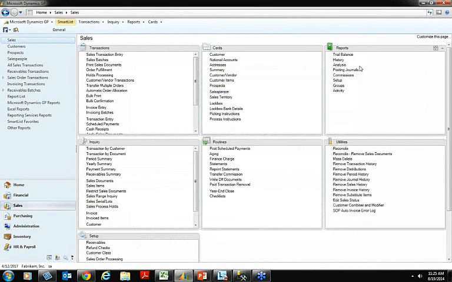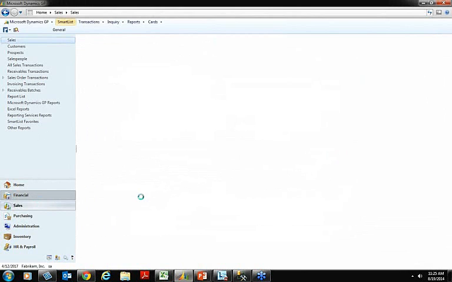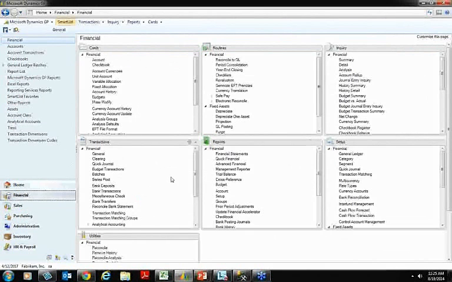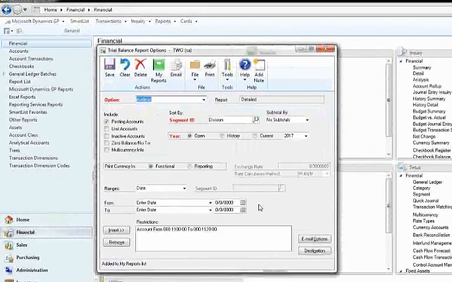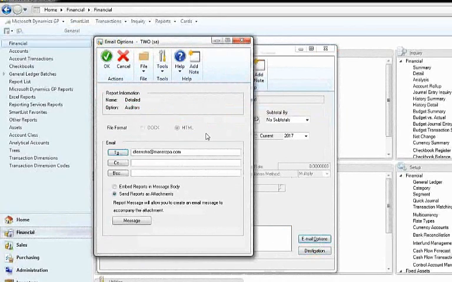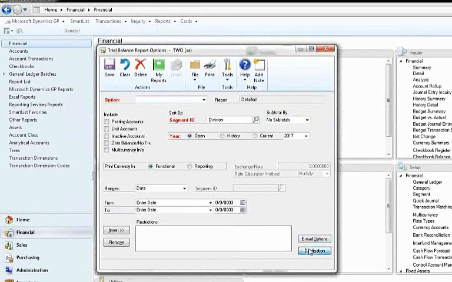The other option that was system-wide is that we can now generate any document in Microsoft Word. So for instance, if I had a financial trial balance, and I'm just going to grab one here. This is looking at just cash accounts. I have the ability to email it, and you see up here under my file format, it's grayed out at the moment, but my file format can either be a docx file or HTML. If I choose my destination